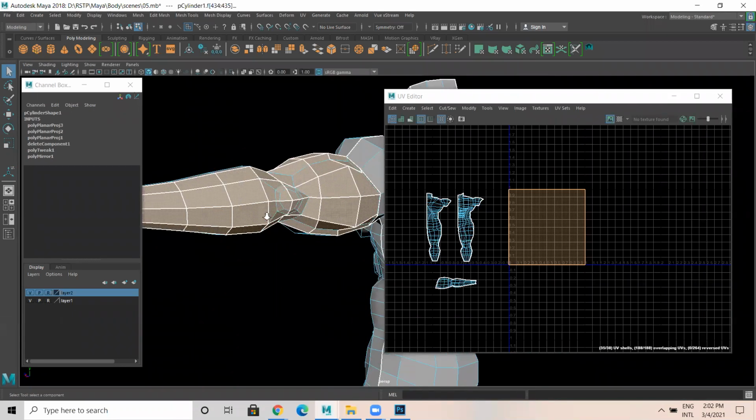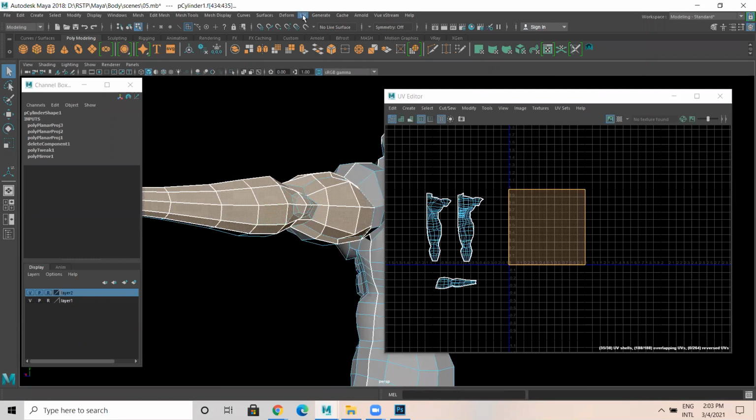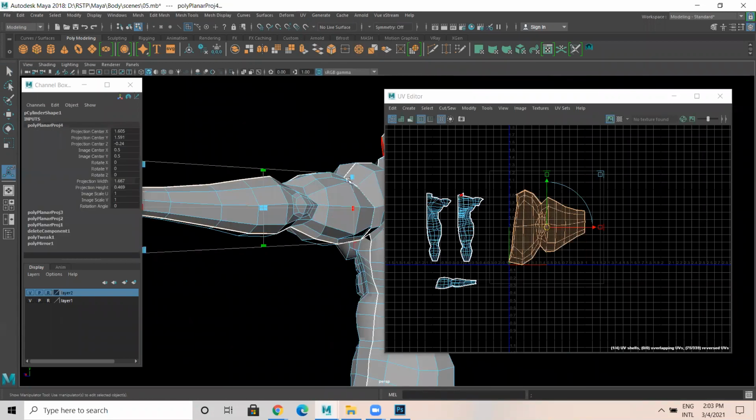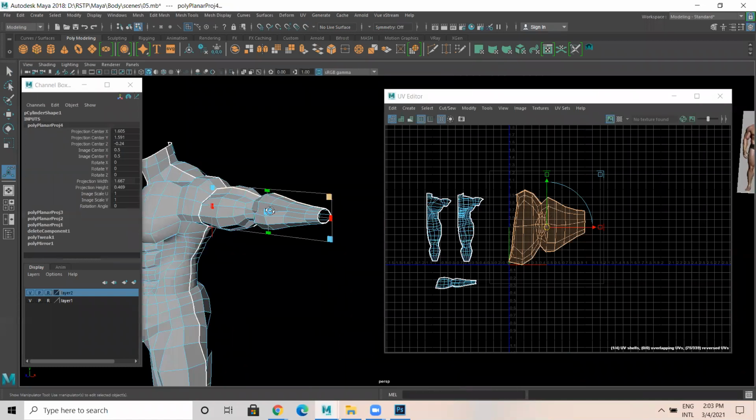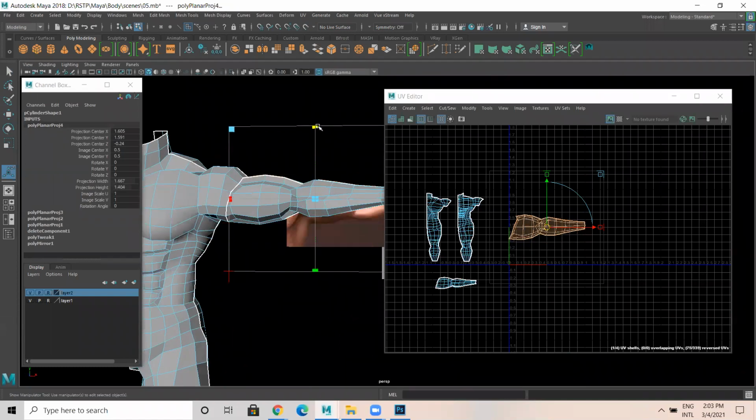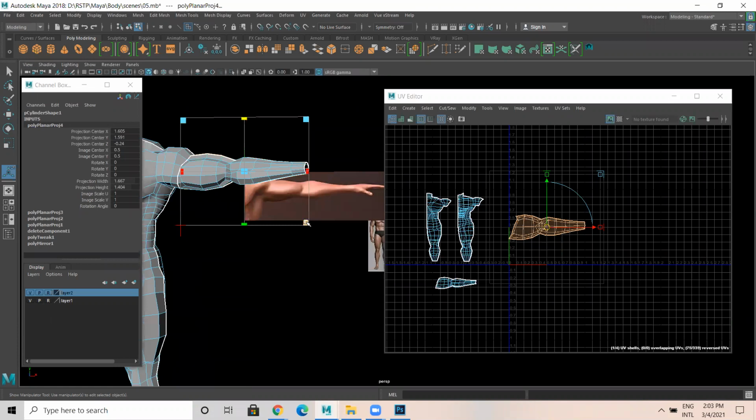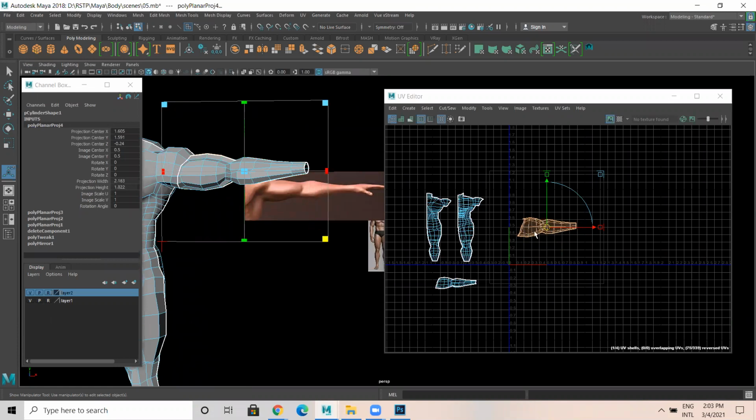Again, this is also in Z axis, we need to unwrap. So go to UV, planar mapping in Z axis, unwrap. So once we do, just match this, that's it.